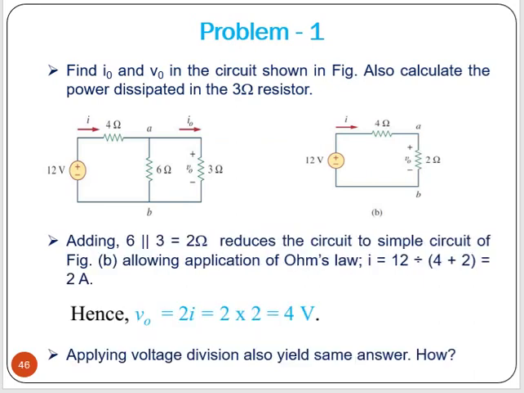Okay. Now find I0 and V0 of this circuit. How can we solve? We can take these two as parallel and apply the parallel resistance formula, R1 into R2 divided by R1 plus R2. So 18 divided by 9, 2 ohm. You can find directly the value of I, that is V by total resistance, which is 2 ampere, and the voltage drop across this V0 will be 4 volt. Now this 4 volt and this 4 volt are the same, because these two are in parallel.